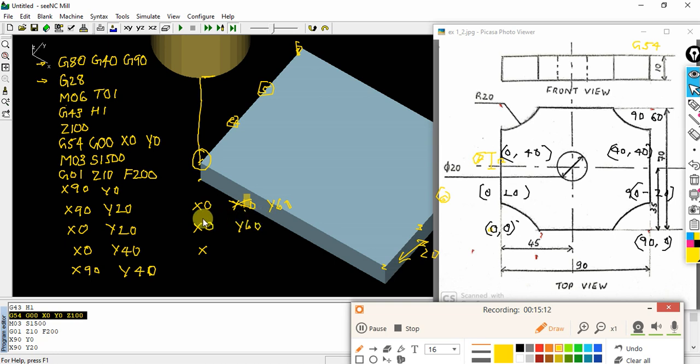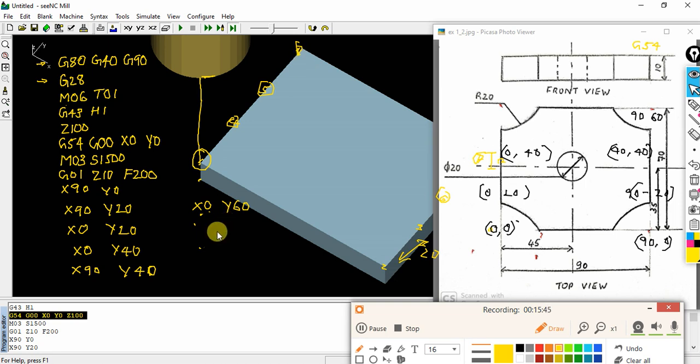Next, here the complete cutting will be done, X0 Y60. So this is not required. X0 Y60. So this is the last point where X will be 0, Y will be 60.